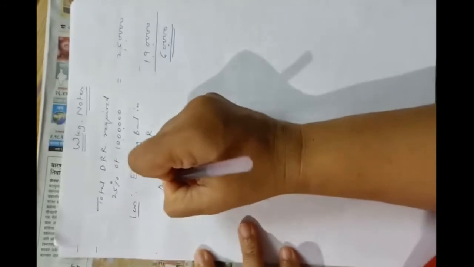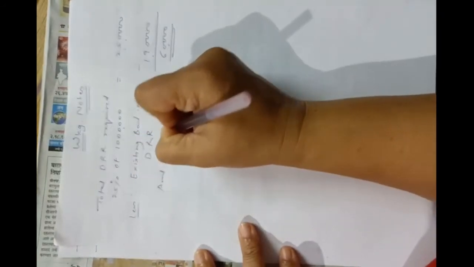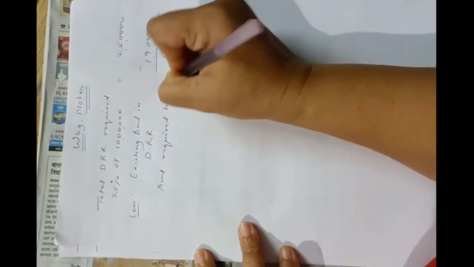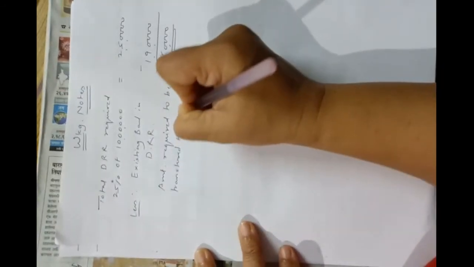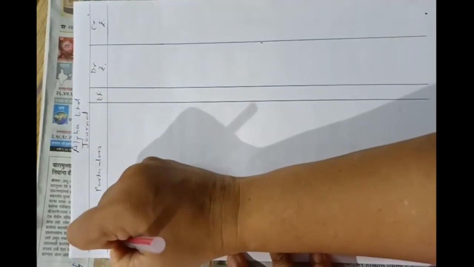So this is the amount required to be transferred to debenture redemption reserve account. Okay, that means if DRR is already given, then we have to transfer the required amount. If the amount is sufficient, then there is no need of transferring any new amount in DRR account. Okay, so now we will transfer the 60,000 amount to DRR account first on 31st March 2017.